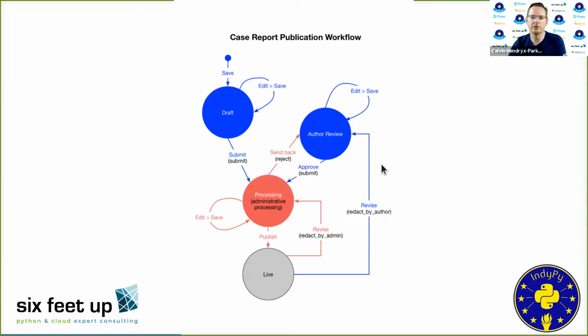involved in the whole same process, that as I've gone through processing, it can either be sent back to the author for review, or if you send it to the author for review of those edits, they can either approve or they can make the edits themselves, and then following the same thing, submit, which is basically taking it back to processing for the admins again. And once it's gone through the publish transition down here at the bottom, the item will be considered live and then immutable to authors and administrators. So we can actually ensure that the item hasn't been tampered with, at least from the application, coming in through the front door of the application.